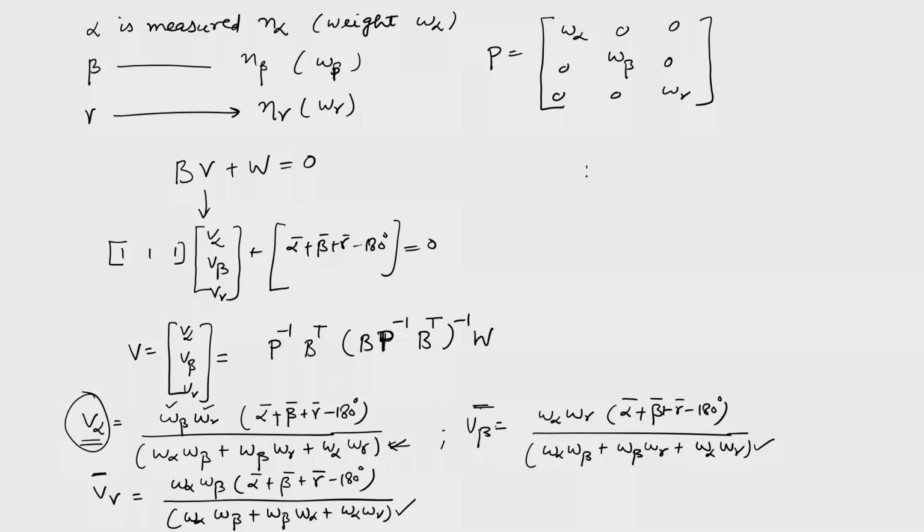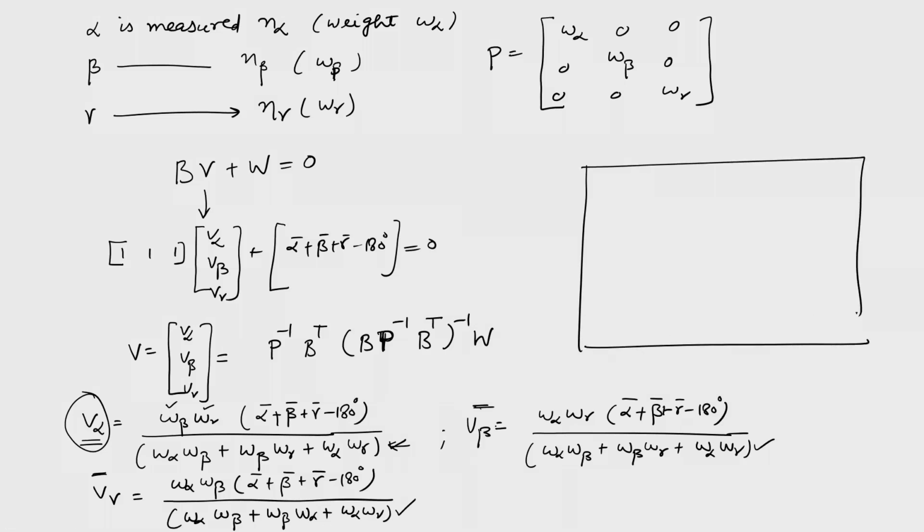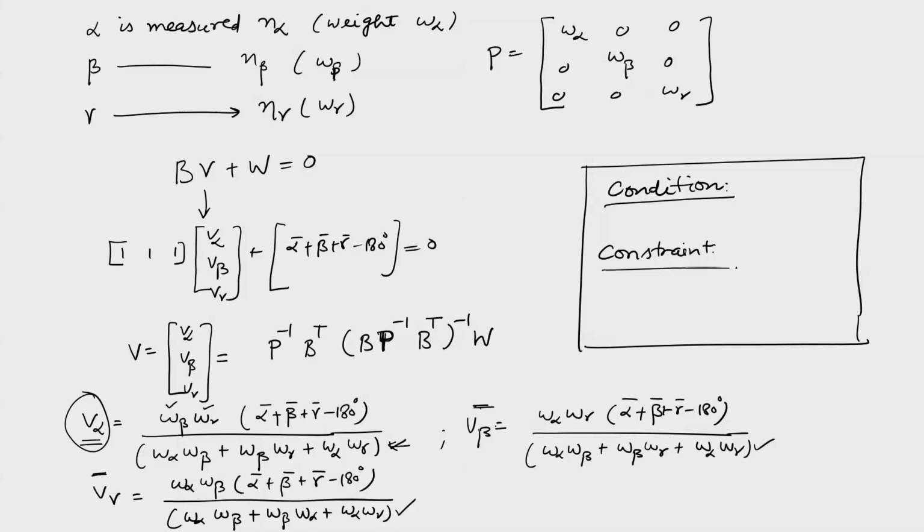Okay, I would like to introduce two terms here. One is condition. You might have come across the condition equation, and another term is constraint. Condition is a mathematical equation or condition which has to be satisfied. However, under the influence of random errors, it is not satisfied, and as a result, we use the condition equation to find out the adjusted values as well as the errors in the adjustment computation process. But constraints, irrespective of any error whatever, have to be satisfied. If it is not satisfied, it is not a constraint. That's the difference between condition and constraint.